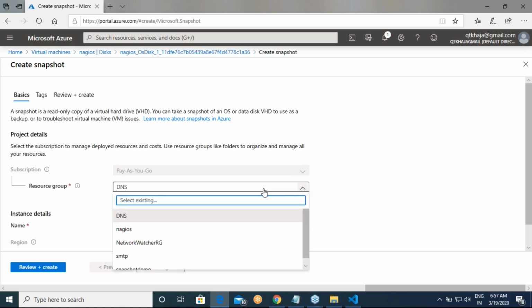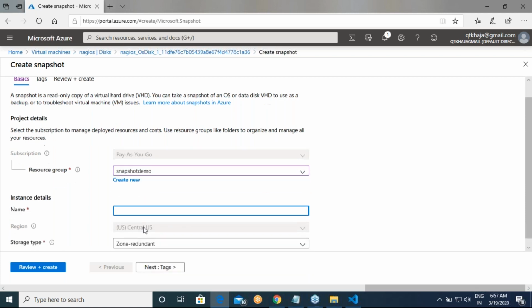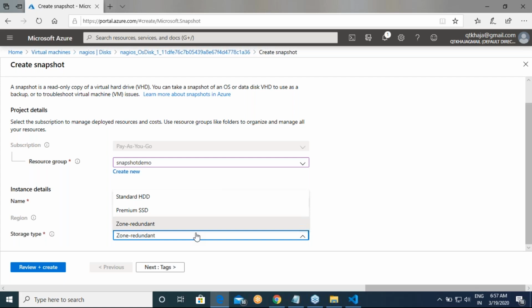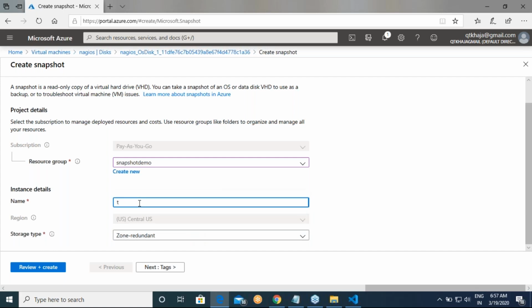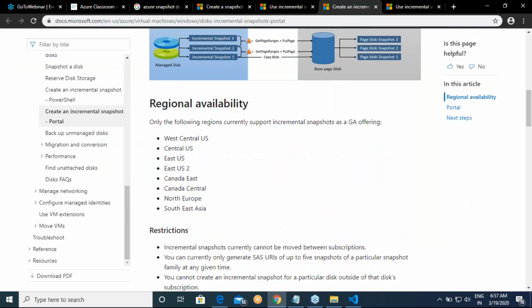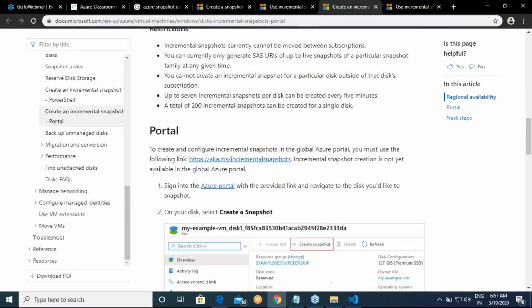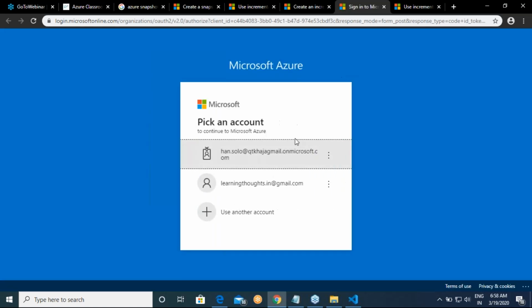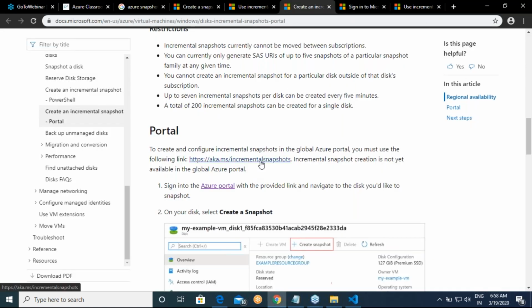It is not DNS, it is snapshot demo. One minute.